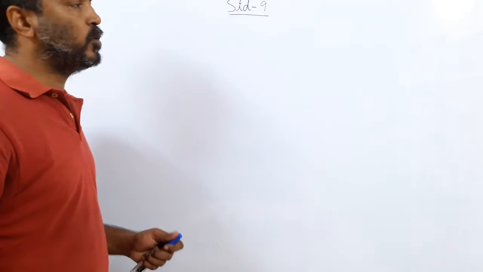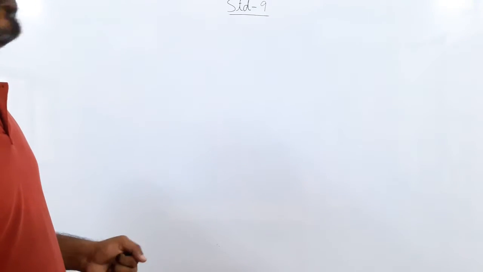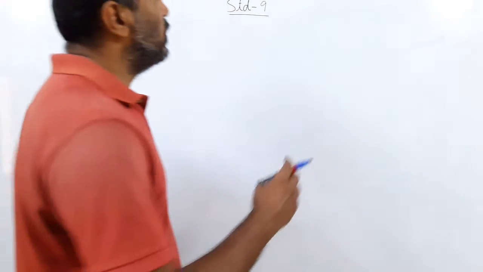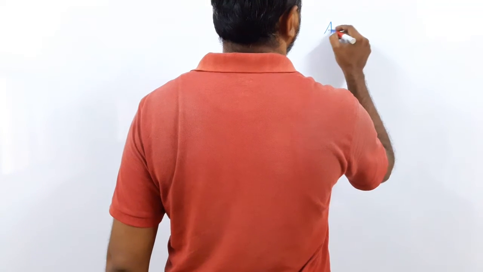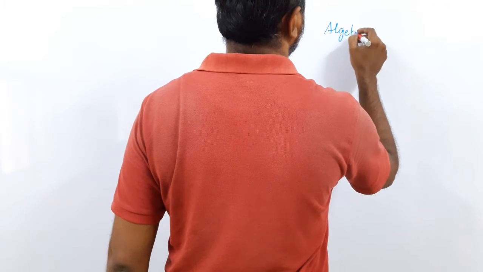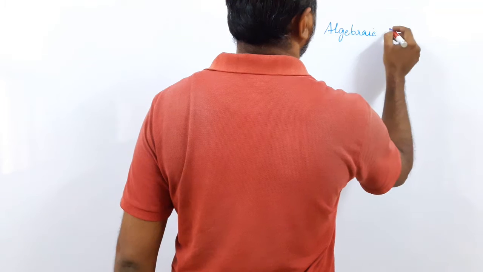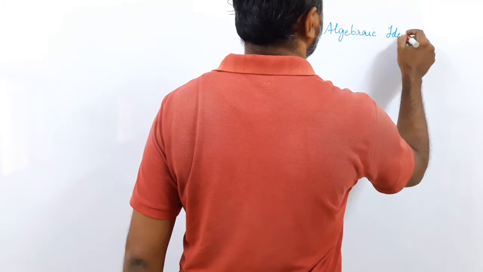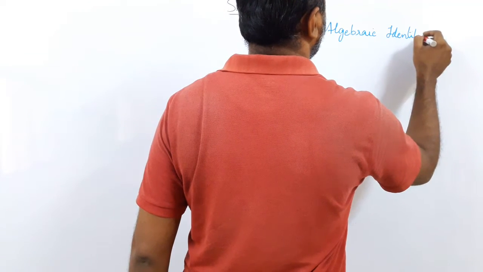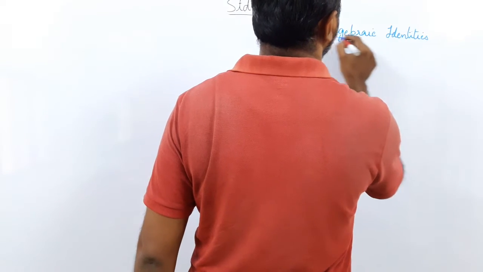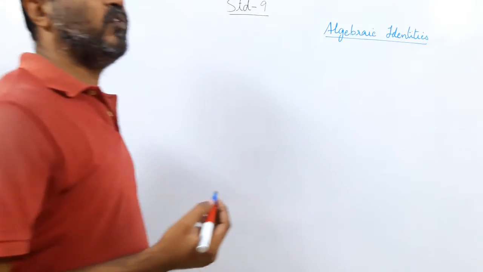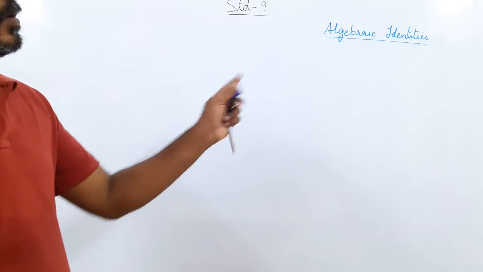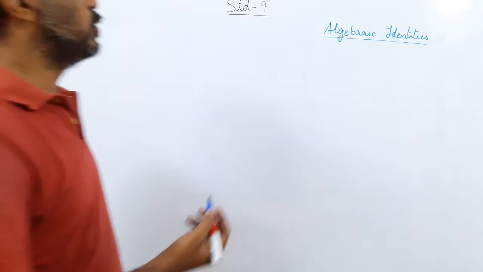Good morning, friends. So we continue with our lesson on factorization of polynomials. But before we go to that, we will note down all the algebraic identities we have made use of so far. So what is the meaning of these identities? It means that for any variable x or y, the equation will always remain true.